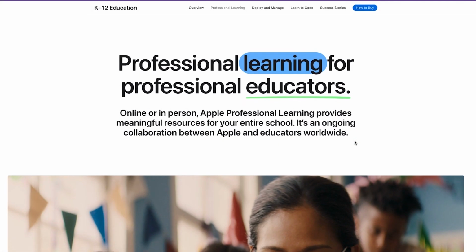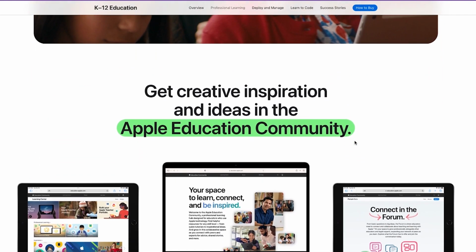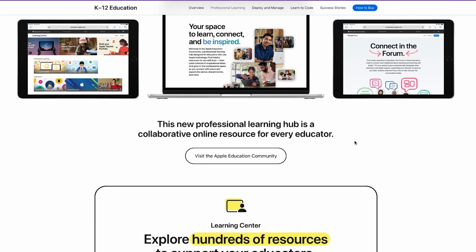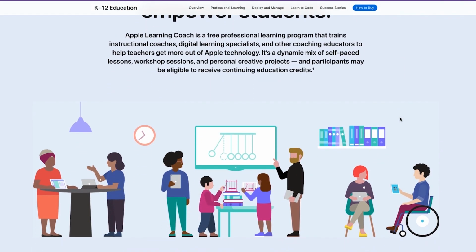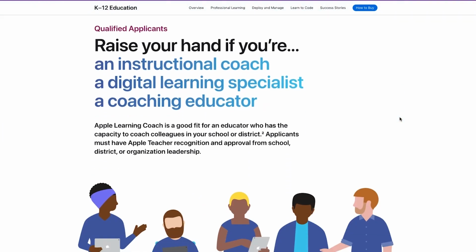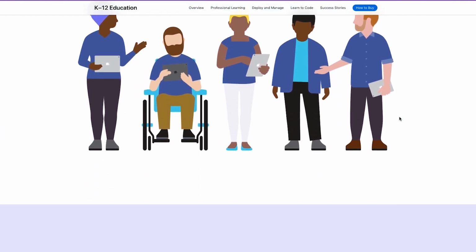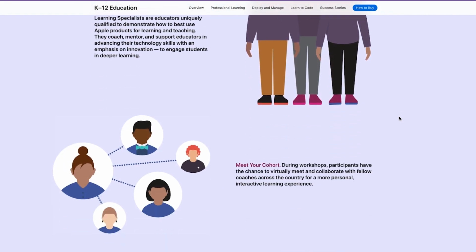The Apple Corporation possesses an entire branch that is dedicated to free courses which help with individual professional development. One of those courses is Apple Learning Coach. It's a course designed to help one begin teaching others about the Apple suite of products and to increase your own knowledge on them. Apple Learning Coach is fairly new. It launched in March of 2022.